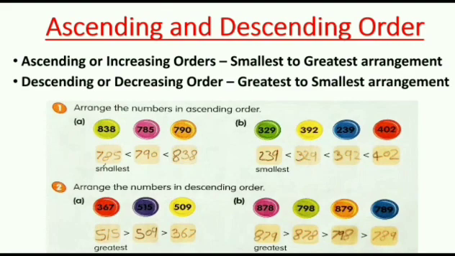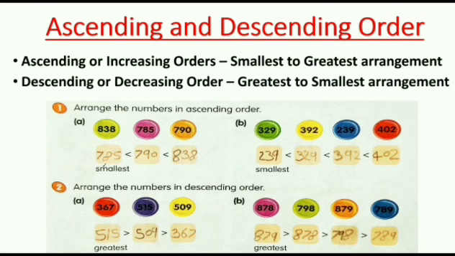Ascending and descending order. What is ascending order? We also call it increasing order, which is arranging the numbers from smallest to greatest. And descending order, or we can also call it decreasing order, is the greatest to smallest arrangement of numbers. So in the first question you can see numbers are given for arranging them in ascending order: